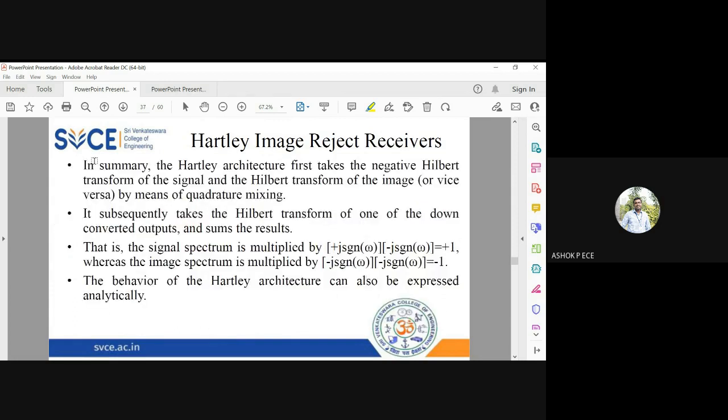In summary, Hartley architecture first takes a negative Hilbert transform of the signal and the Hilbert transform of the image. Since we are adding a phase shifter in the quadrature arm, I take the Hilbert transform of the Q part. Subsequently, when I add, it cancels out the image. When the signal is multiplied by j signum of omega into minus j signum of omega, you get +1. When the image is multiplied by 2 times the negative of signal, it becomes -1. That's why we say the signal is getting added and the image is getting subtracted, or completely cancelled out. This behavior of Hartley architecture can also be expressed